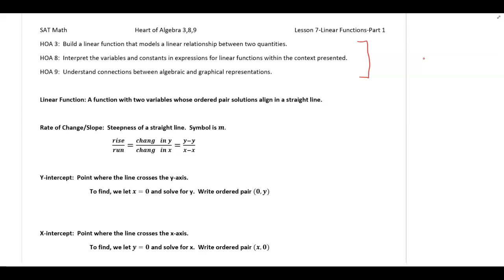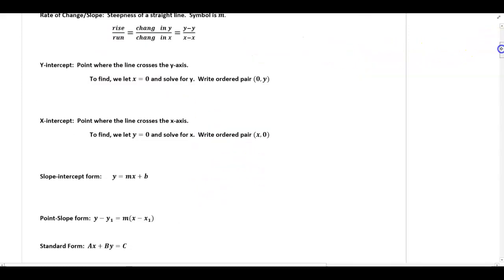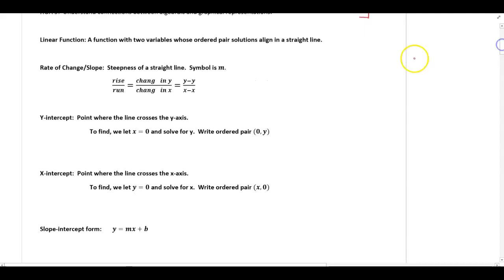There are several questions that are non-calculator and calculator based that relate to linear functions. So it is something that you must master. Okay. So first, let's go through everything you need to know about a linear function, starting with what is a